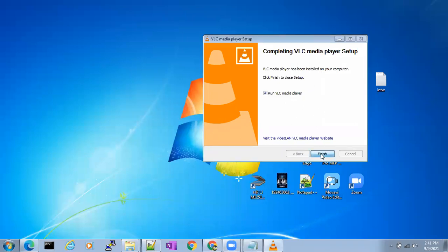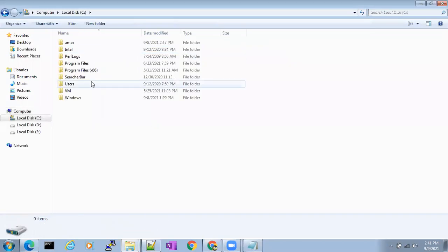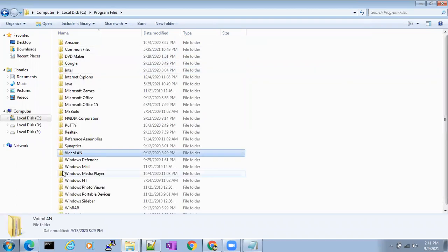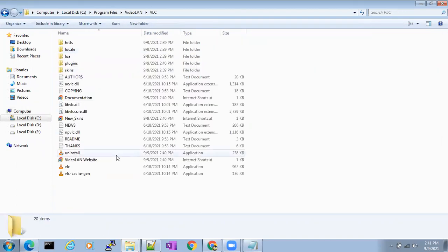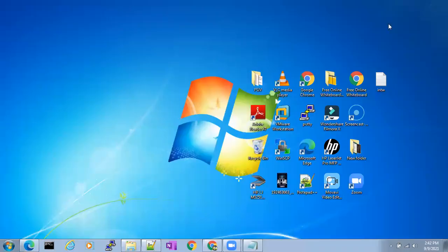So where has it installed? It has installed in C drive, very clear. C Program Files, VideoLAN, VLC. It is installed in this location in C drive. Now I have a question.